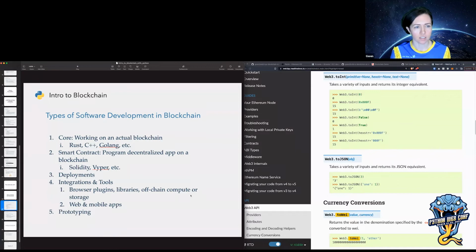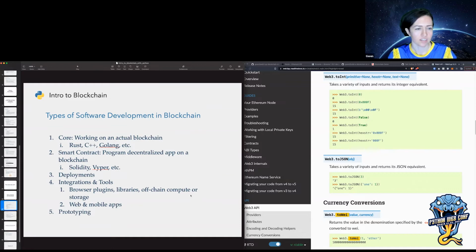So actually, if you get hired as a blockchain developer, a lot of the work is not actually on the blockchain. I would say definitely more than 50% of the work, maybe 75 or 80% of the work that I've done in blockchain was not on an actual blockchain.